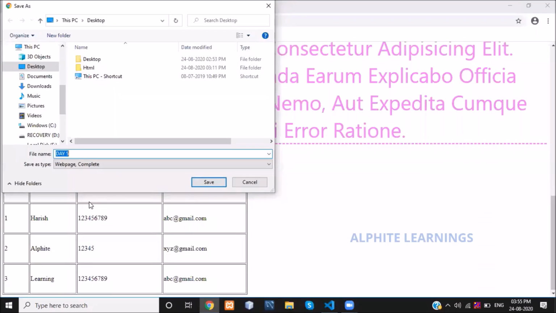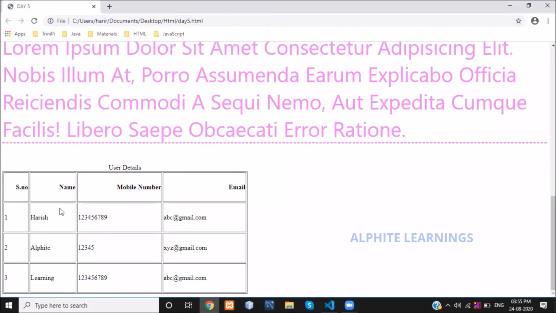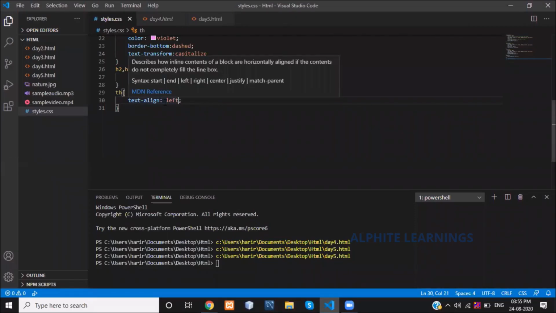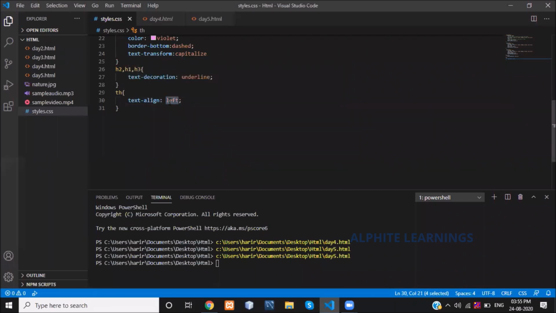Similarly, you want this data, see, the data is starting from the left side. You can also change the position of that. For the header portion I have given text-align center.